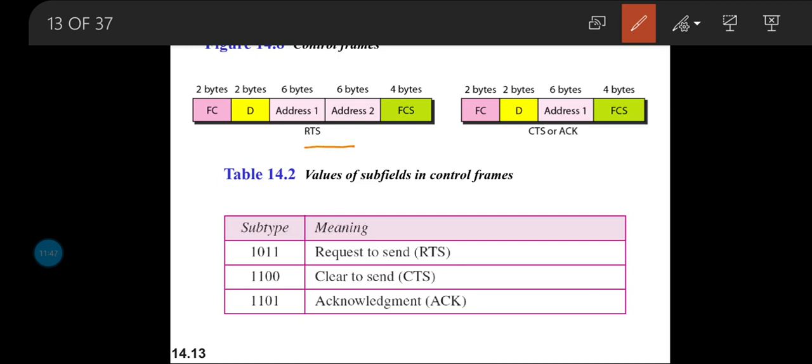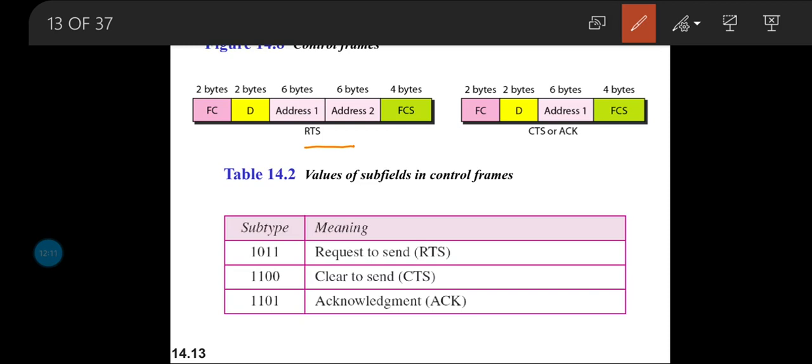What is this control frame for RTS? In the control frame for RTS, FC will be 2 bytes, D is 2 bytes, the addresses are 6 and 6 bytes, and FCS is going to be 4 bytes. Whenever I am going to make an RTS, that is request to send, whenever I want to access that particular channel, what do I fill in the subfield?